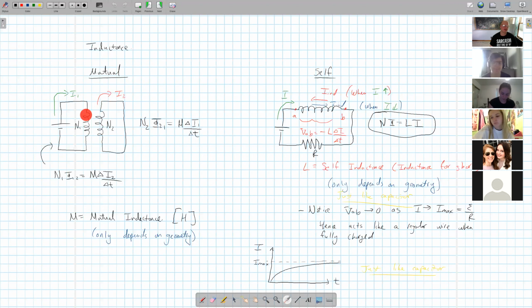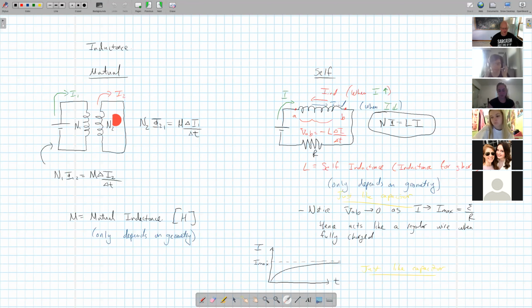We know that the current is lagged because of the self-inductance, which we'll come back to in a second. That creates a magnetic field inside of here due to our right-hand rule. That then is a time-dependent magnetic field, which means it's a time-dependent magnetic flux, which then generates a current